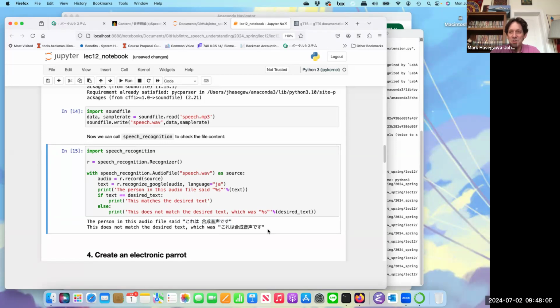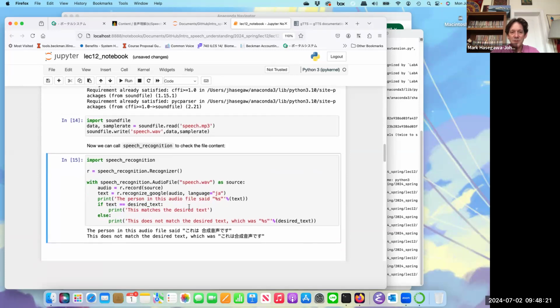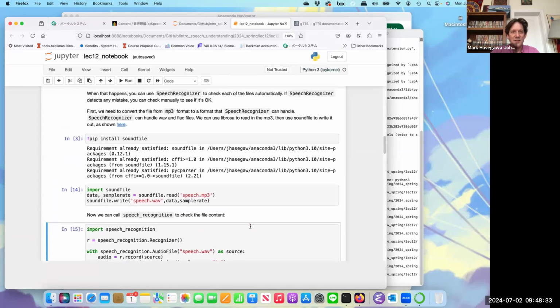If we wanted to make this a production system for a startup company or something, we would obviously want to pay special attention to eliminating the spaces and eliminating punctuation marks and eliminating capitalization. But for now, you can see that basically this is a way that you can check the quality of your speech synthesis by checking to see if the speech synthesis produces results that are correctly recognized as the desired text. So, Professor Mochizuki, do you want to translate this part?